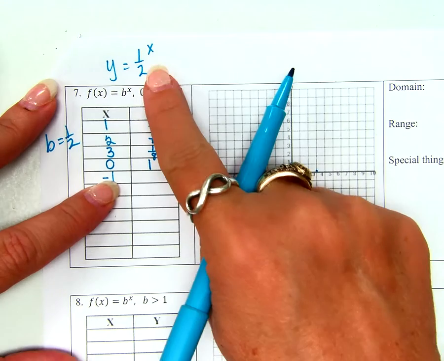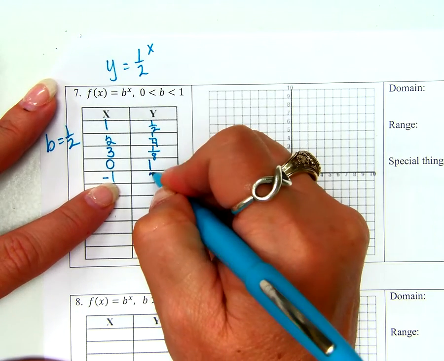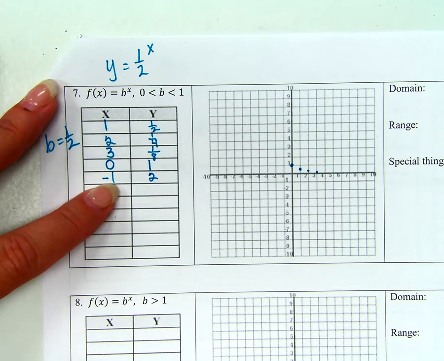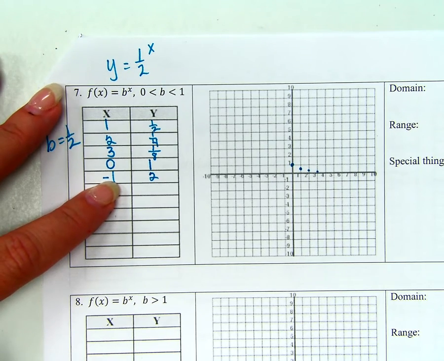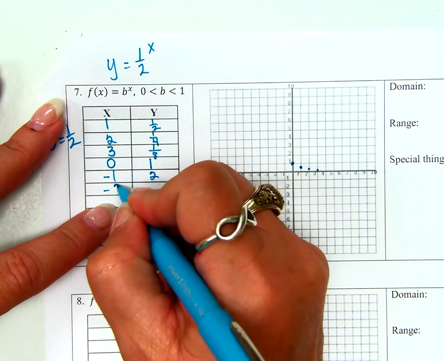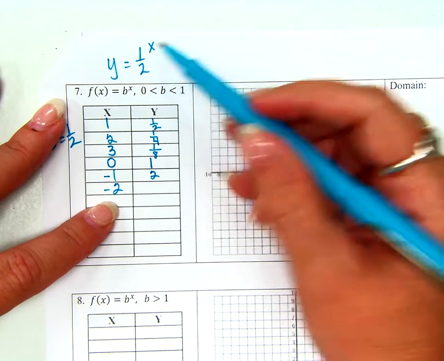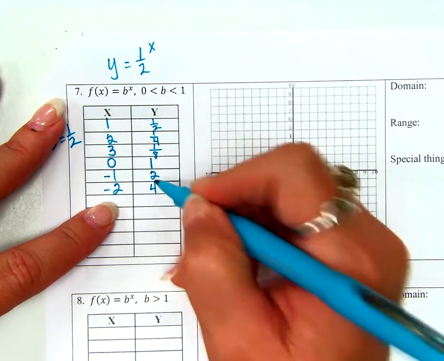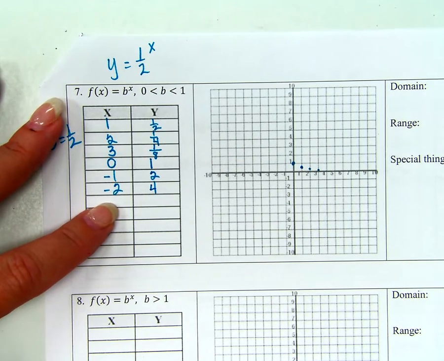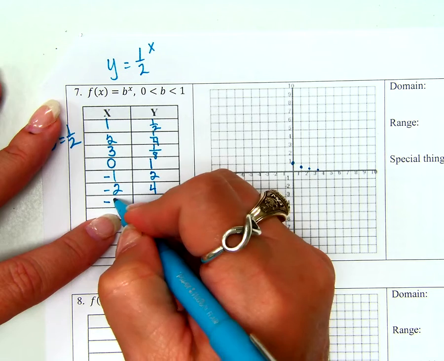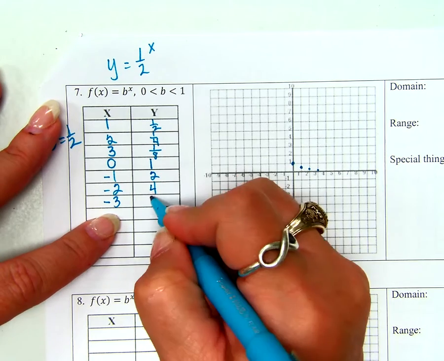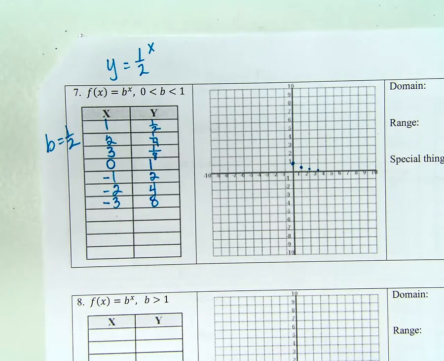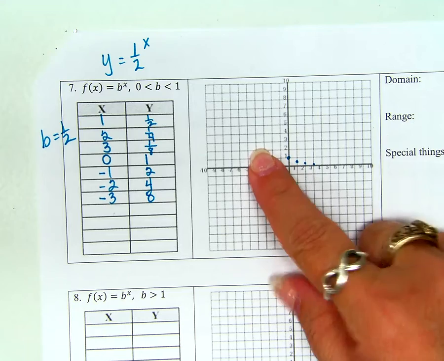If x is negative 1, y is 2. 1/2 to the negative 1 power is 2. If I choose negative 2, 1/2 to the negative 2 power is 4. Anybody have any guesses if I choose negative 3? 8. Okay, so graph that. Take a guess on the domain and range. Try 8